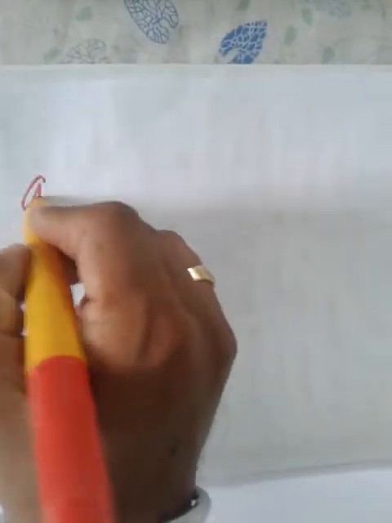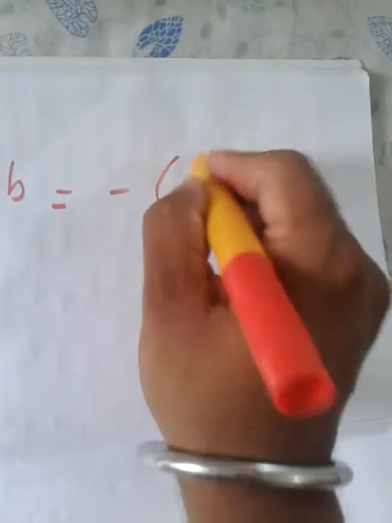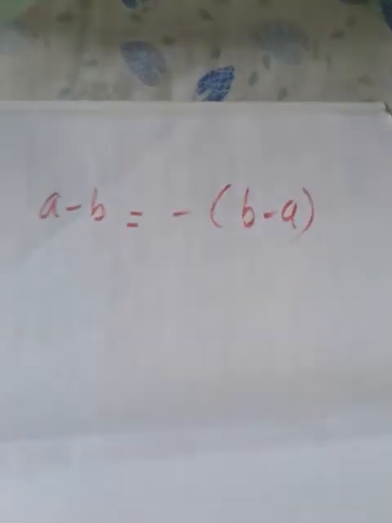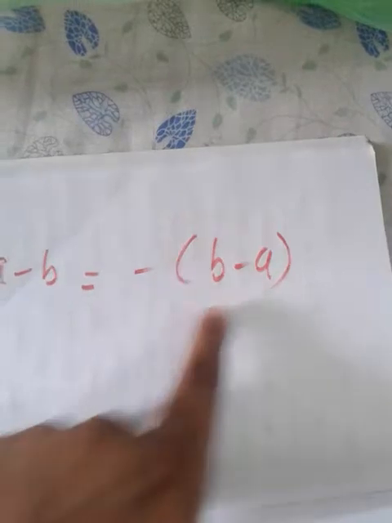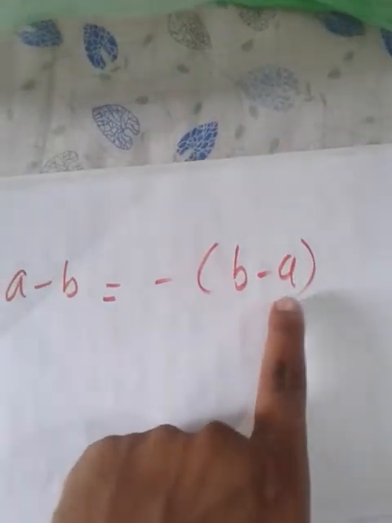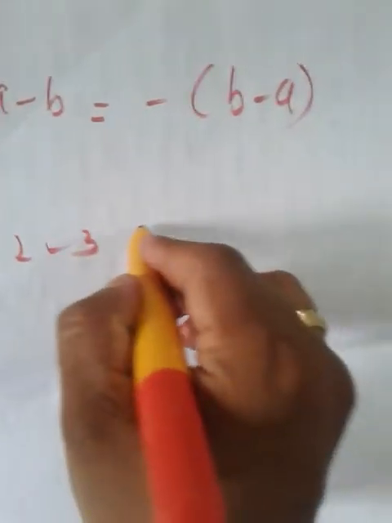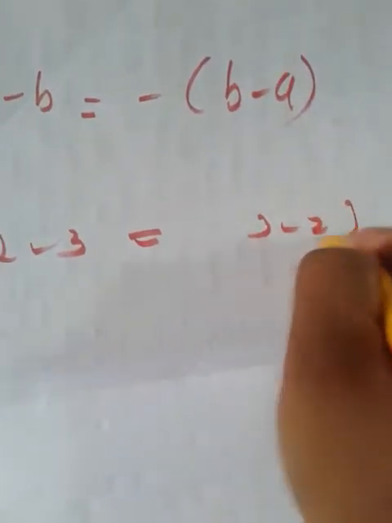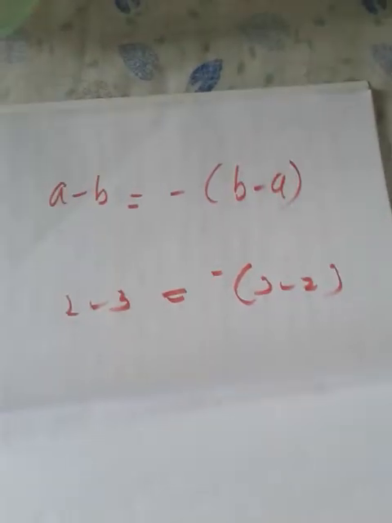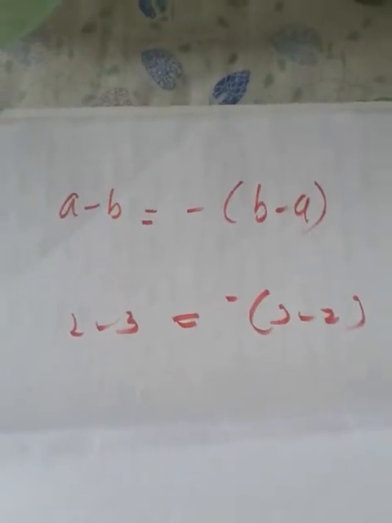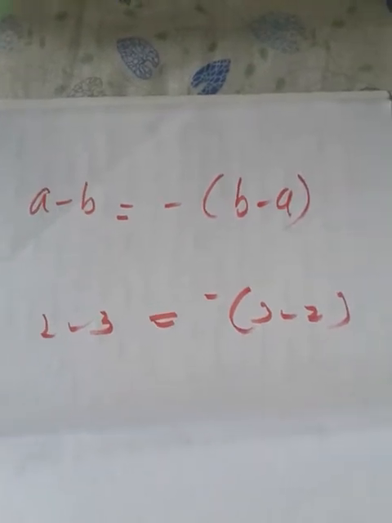Next I am going to make a modification. Before that, you just listen here. You know, a minus b you can change to minus b minus a. That is a rule of mathematics. A minus b, you can write as b minus a, but we cannot change a minus b to b minus a directly. At that time you have to give a minus outside. For example, you can change 2 minus 3 as 3 minus 2, but you have to give a minus outside, then only the equation will balance. That is a rule. A minus b is nothing but minus of b minus a. You may have understood.